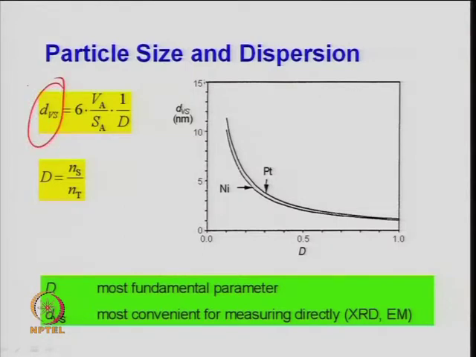There are other methods also for determining the crystal size, right. X-ray diffraction can be used, electron microscopy can be used, right, TEM, transmission electron micrograph, high resolution transmission electron micrograph. So, these are the techniques by which you can find out the crystal size or particle size, right, and also that can be correlated with this, because you know the volume of a particle is simply pi dp cube by 6, right, and surface area of particle, because we are talking of projected area, right. So, that is simply pi dp square.